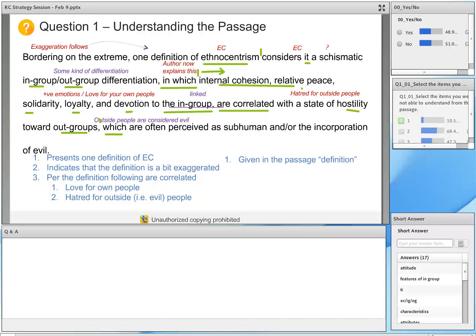And if you think about it, one definition is directly given in the passage. This is information that's given to you on a platter. So there wasn't much analysis to be done in order to understand this aspect of the passage. The second one indicates that the definition is a bit exaggerated. This was to be inferred from "bordering on the extreme." And the majority of you, about 70% of you, could not draw that inference,